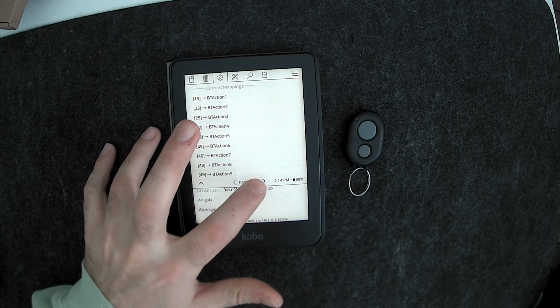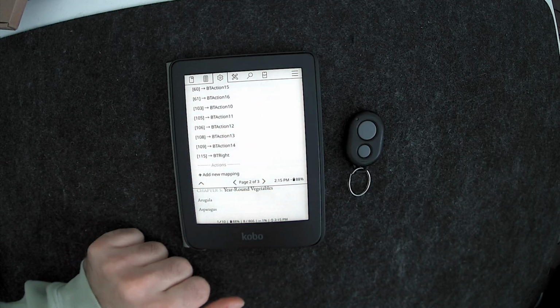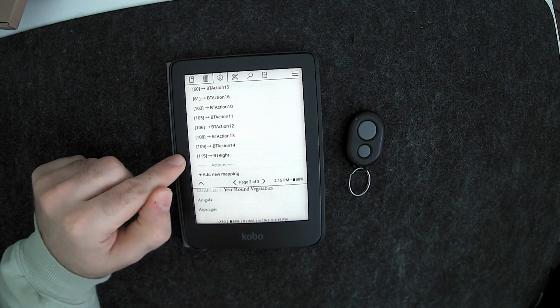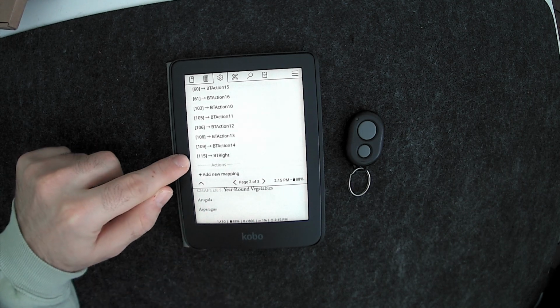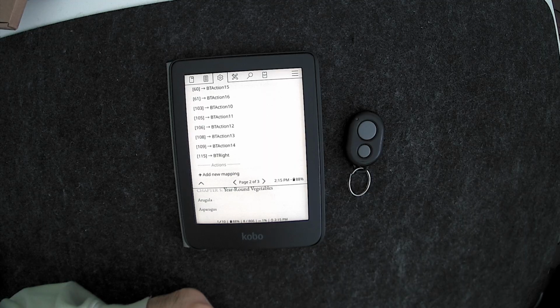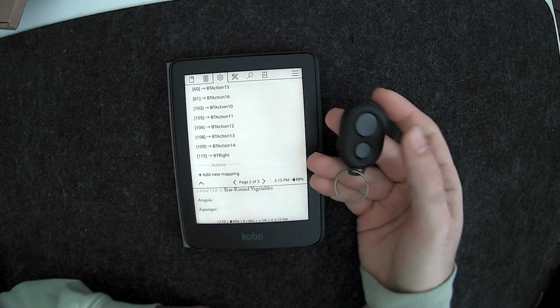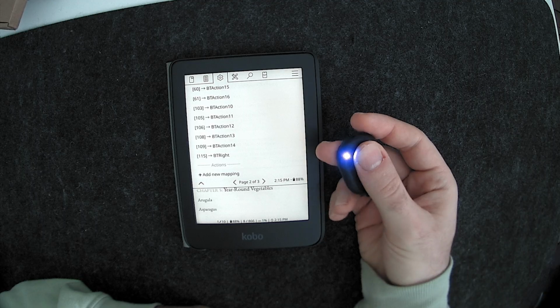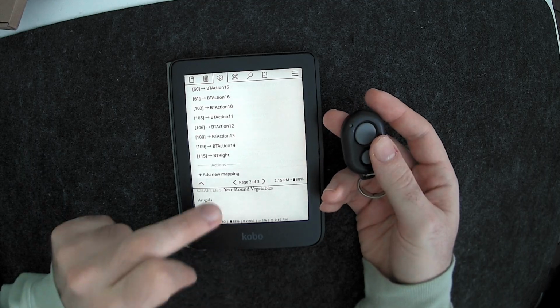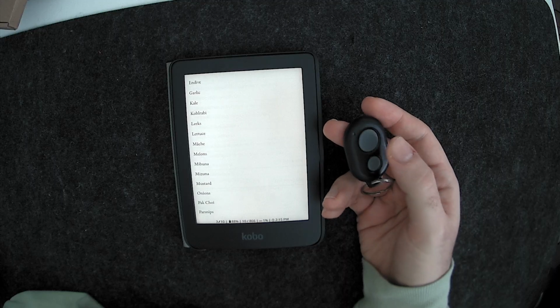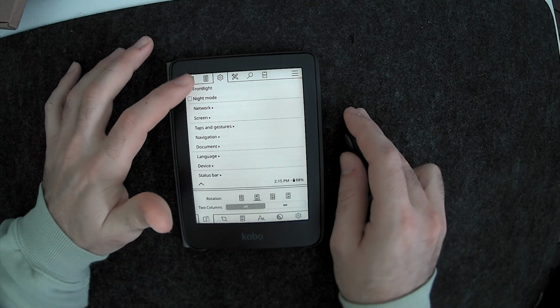So if I go into my last page, you will see that 115 here is mapped to BT write. Write usually means next page in Kobo devices. So that's mainly the reason why when I press on this, I get next page events being triggered. I can change it